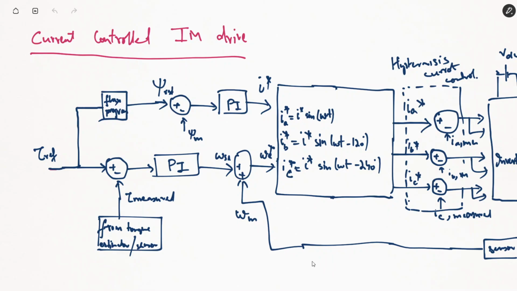हिस्टरेसिस करंट कंट्रोलर से क्या होता है कि आपकी जो स्विचिंग फ्रीक्वेंसी होगी पल्सेस की वो वेरिएबल होगी, वो कांस्टेंट नहीं होगी। उसकी वजह से जो आपका और हिस्टरेसिस करंट कंट्रोलर की ये भी डिसएडवांटेज है कि इसमें जो करंट्स होंगे उनमें रिपल्स होंगे। करंट में जब रिपल्स होंगे तो टॉर्क में भी रिपल्स होंगे। दैट मीन्स आपका जो THD है दैट इज नॉट एफिशिएंट।